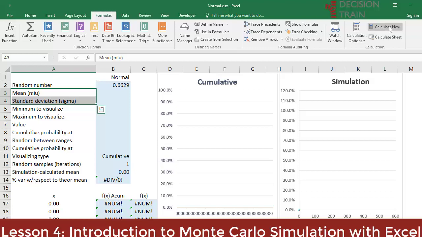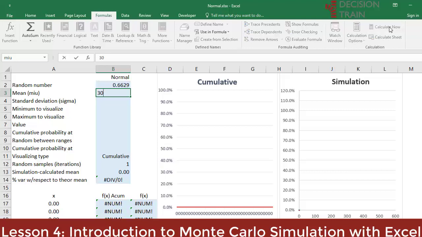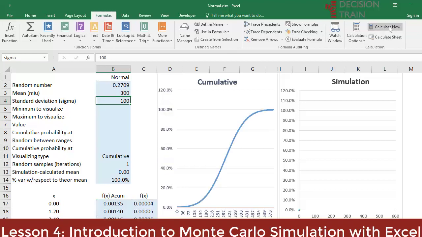For example, imagine any risk for which there is previous historical data and for which both mu and sigma statistics can be reasonably calculated, respectively with the values of 300 as the average and 100 as the standard deviation. Although the normal distribution extends from minus infinity to plus infinity, we're going to focus on exploring the range between the mean minus 3 standard deviations, that is 300 minus 300, 3 times the standard deviation of 100, which will give us a minimum point of 0 to visualize. At the other extreme, we put 600, the 300 mean plus 3 standard deviations of 100.